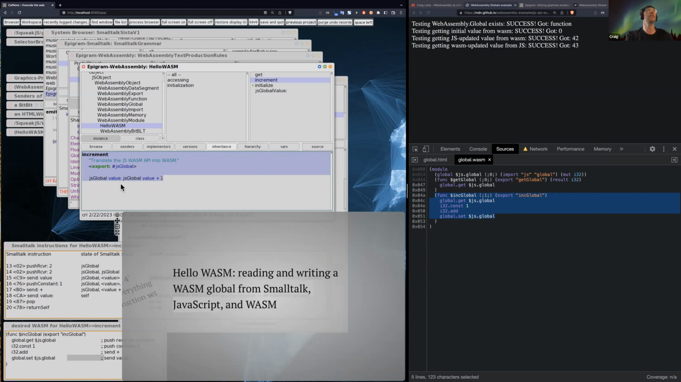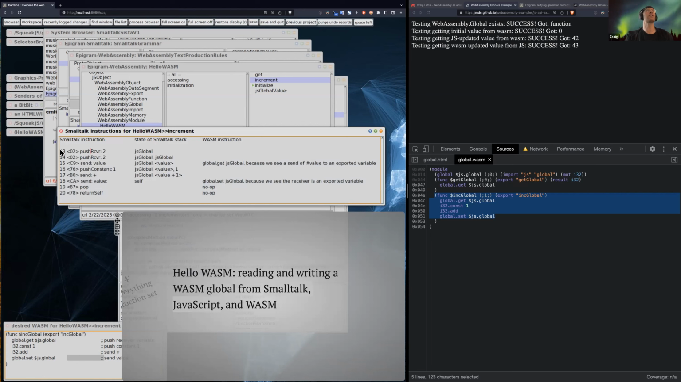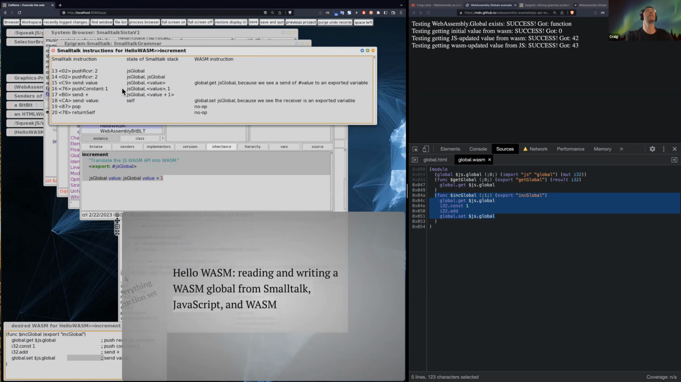So the trick here now is to take the Smalltalk instructions that we have for each of our hello WASM methods and translate them into WASM instructions. And this is where Epigram really comes into the picture, because it just so happens that one of the compilers that I've written with Epigram already is a Smalltalk compiler,